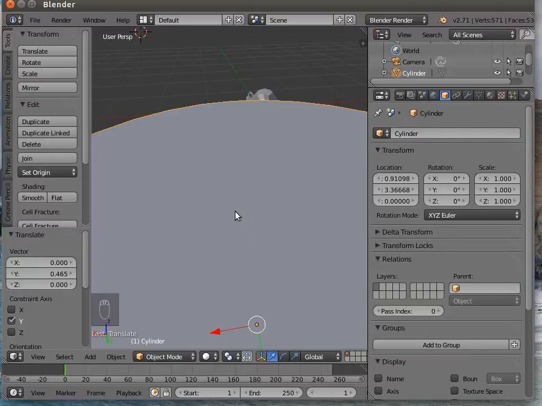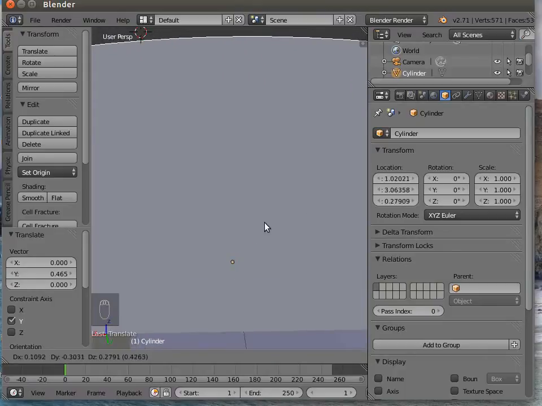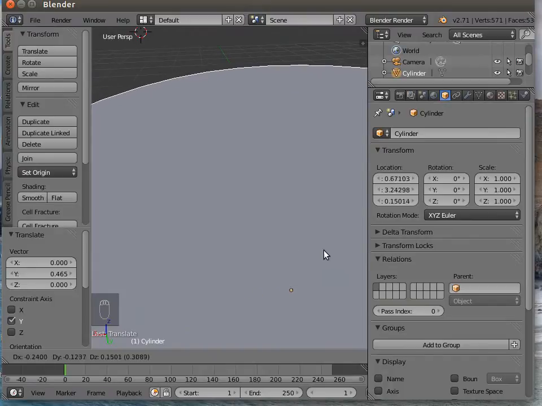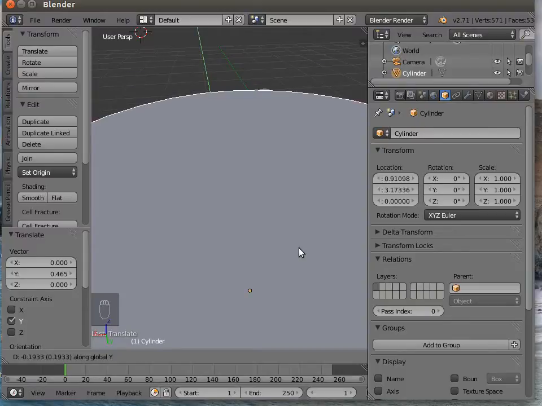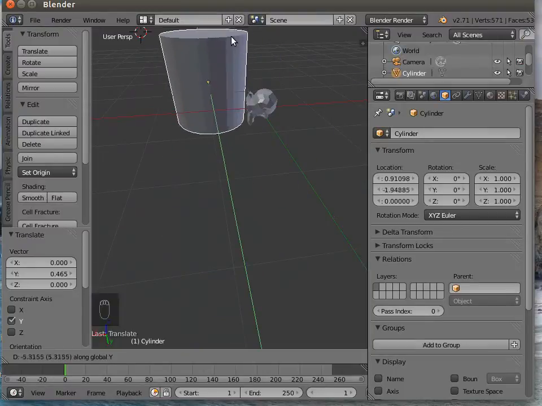The only way to do that and keep the view the same, which is a thing you sometimes want to do, is to use the G command. G for grab. So if I hit G, I can move it around all over the place, which sometimes is useful, more often it isn't. Or I can choose an axis to constrain it to, which is what I was doing with the handle earlier. I was moving it along the green axis, which is Y. So if I still press the G down, hit Y, I've now constrained it so it will actually only move along that axis,